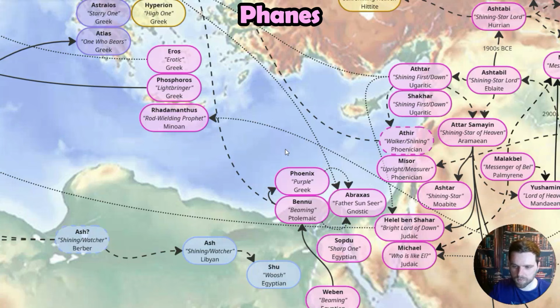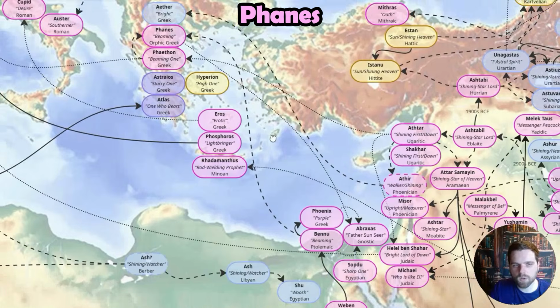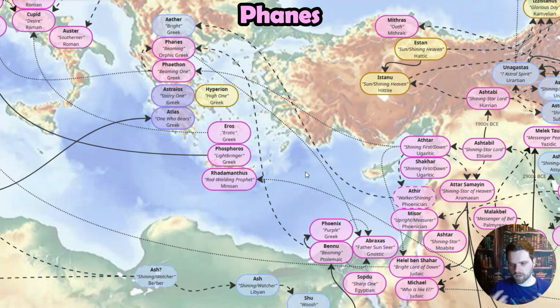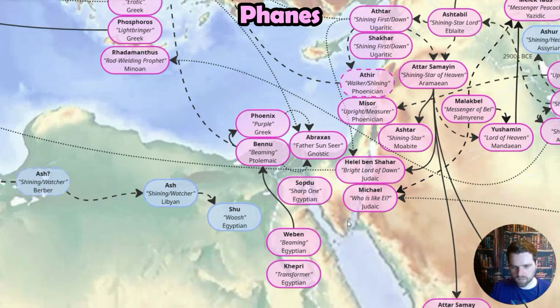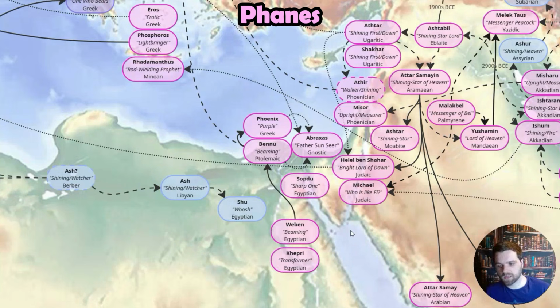They called this bird phoenix because of its particular color, but the Egyptian term originally was Weben, which does mean beaming, which is why I think we see Phanes described as originating from a cosmic egg guarded by Ophion the serpent, and he's bright and emanating, and all the other gods basically emanate from him. That's also, to some degree, what the Bennu bird represented in Egypt. He was a crane, landed on the first piece of land, the first island, and began to direct the creation of the world. So in some ways, Bennu is a demiurge.